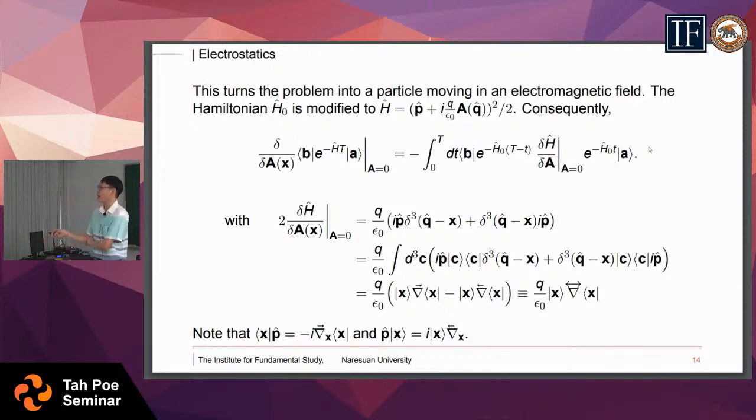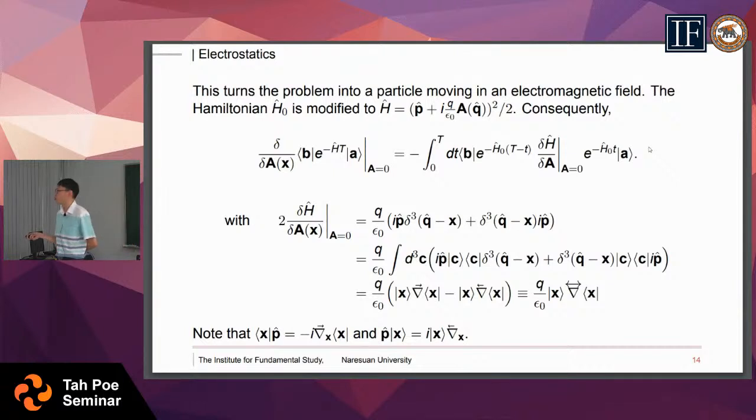And then we are going to do the functional differentiation of this heat kernel here, which is equal to this expression on the right-hand side. What we are going to determine is the functional derivative of the Hamiltonian here. And it's not hard to do. You can see that the Hamiltonian is expressed here, and by differentiating with the source term A,